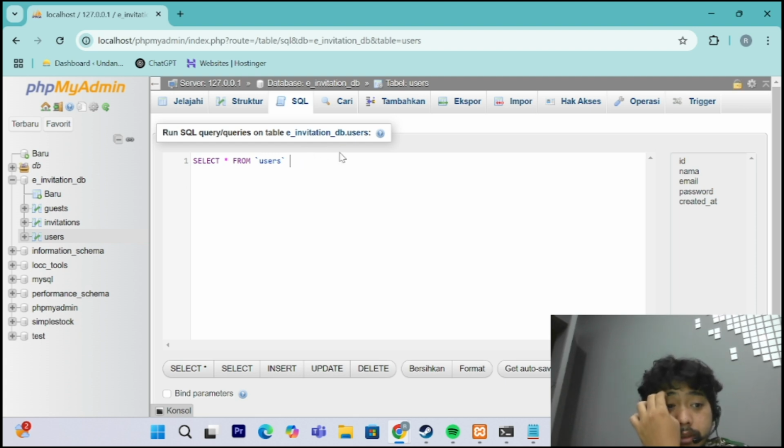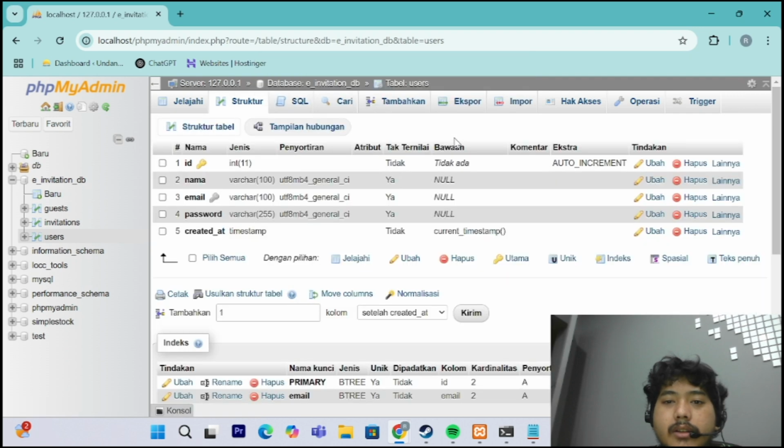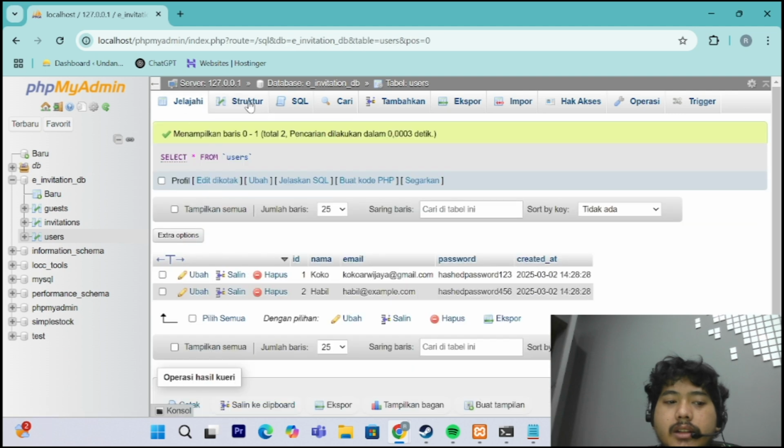We will remove this, like this. Okay, select from user, and I will update the status of the second invitation from draft to publish. We can check here that before, the status of the second invitation is still draft.